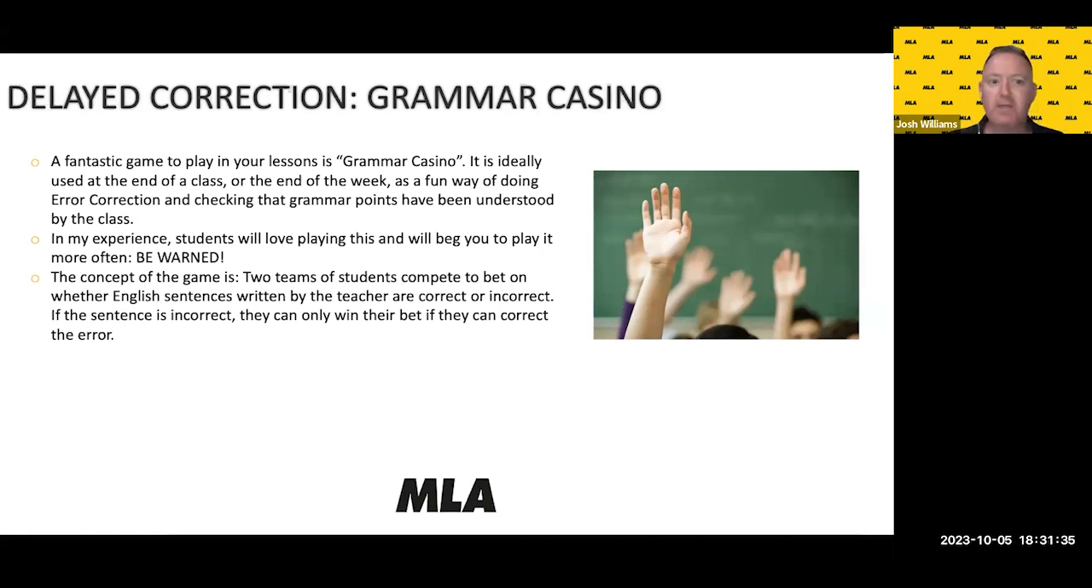The concept of the game is you divide the students into 2 teams. So if I've got a class of 20 students, 10 and 10, what they're doing is checking whether English sentences that you write on the board are correct or incorrect. If the sentence is incorrect, they can only win their bet if they correct the error. So sometimes you have to write correct sentences, but most often you'll probably put sentences with the errors in there. It might take a little while for me to explain